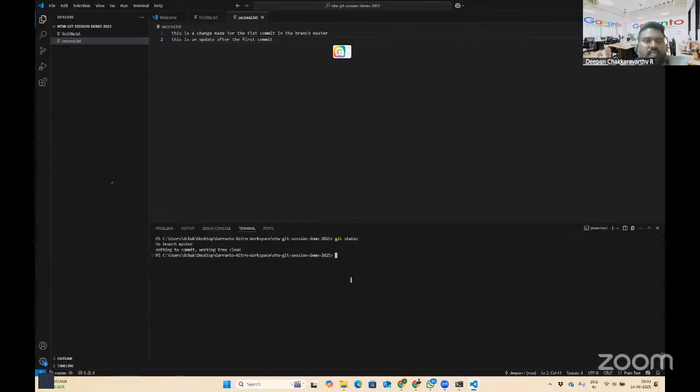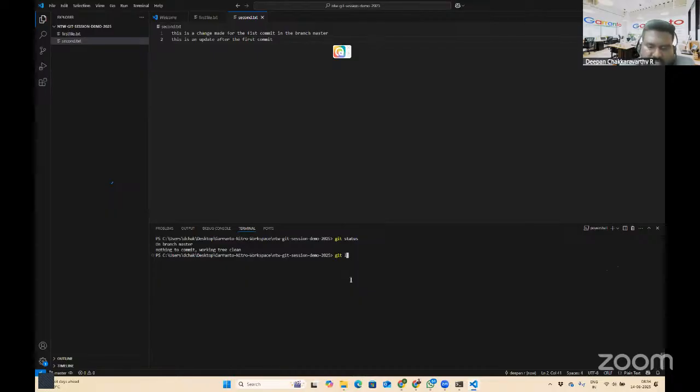Right. So now again the branch is clean. The working tree is clean. There are no changes in the working tree that have to be committed. So whatever changes were made so far in the working tree, they are committed. Like I mentioned, there are three trees: working tree, stage tree, and then commit. All the changes made in the working tree are staged and then committed. So hence the working tree is clean. The moment you start making changes, you see them reflected in git status, right?